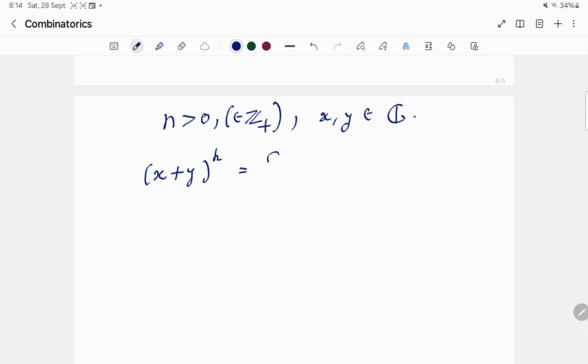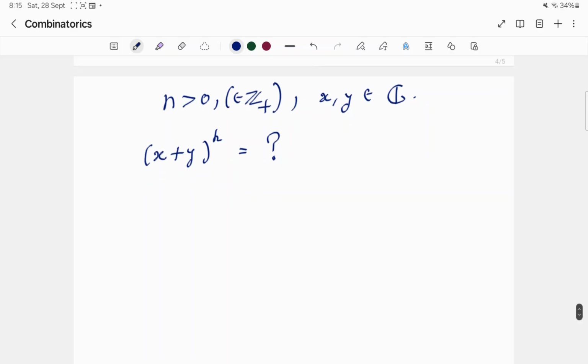So what does this become? That is the question. I'm not going to write it explicitly, but we will find it, that we explore. So before going to prove this particular theorem,